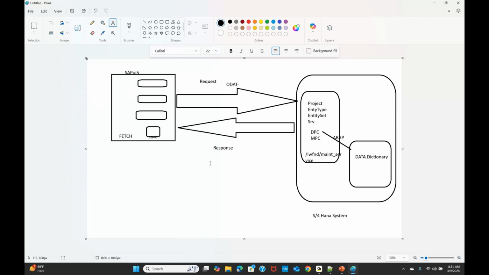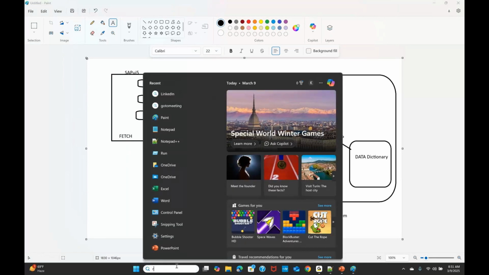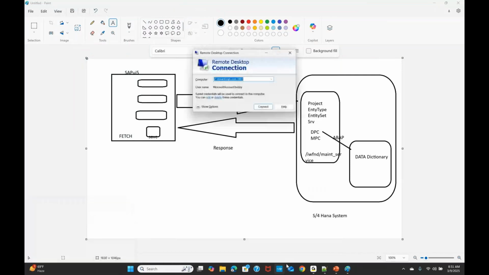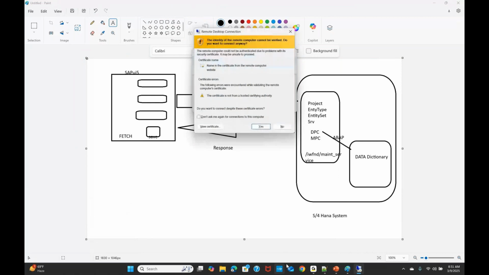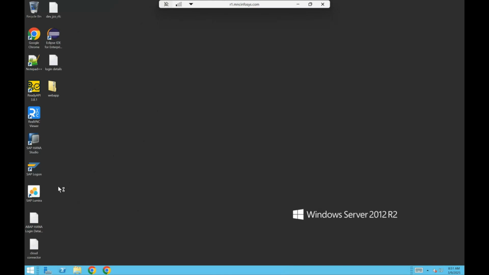Now we will go back. I'm going to the remote server, I'll be doing this exercise. Okay, so I'm logging into the SAP system.